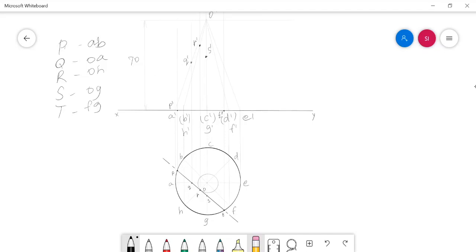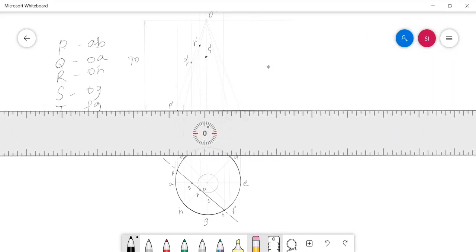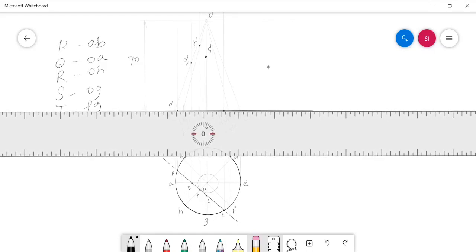So after marking these five cut points in the front view, I need to connect them with the HB pencil. And one more thing you need to listen to here. The cut points obtained in the base can be connected with straight lines, and the cut points obtained in the generators, within the generators and from generator to base, should be connected with a smooth curve. Okay, so I am connecting the cut points P dash and T dash with a straight line, because these two cut points are obtained in the base.